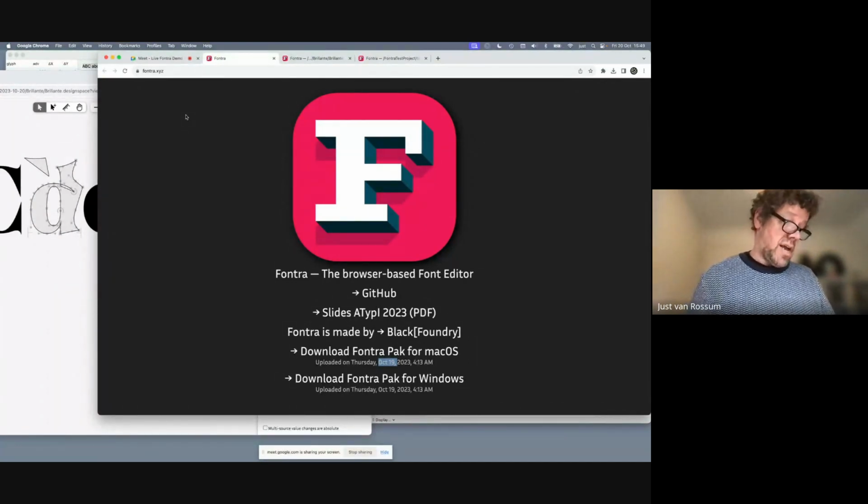Our friend Dave Crossman is asking how to Rust. Well, likewise, I mean, you can probably have WebAssembly stuff inside the browser. I don't know much about Rust, but yeah, the Google Font people are working very hard on better, faster font compilers written in Rust that should be way faster than the current Python-based tools, and it's definitely on our wish list to at some point incorporate that into Fontra so that we would have fast font generating